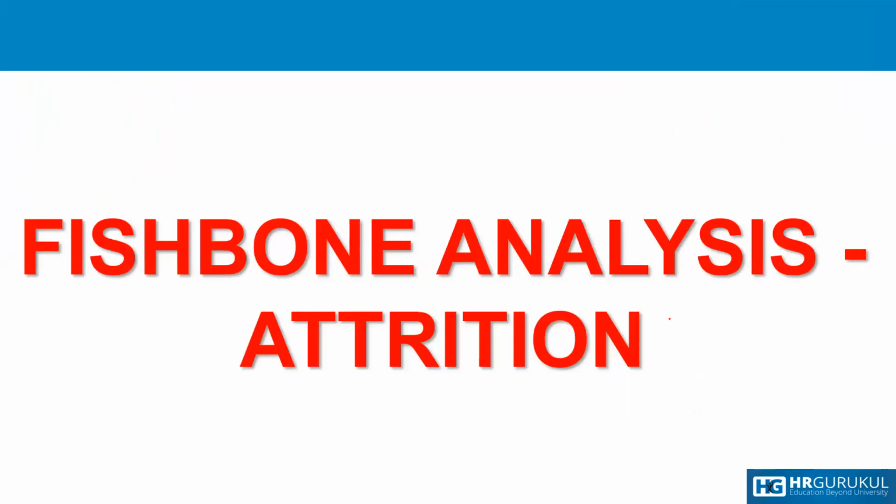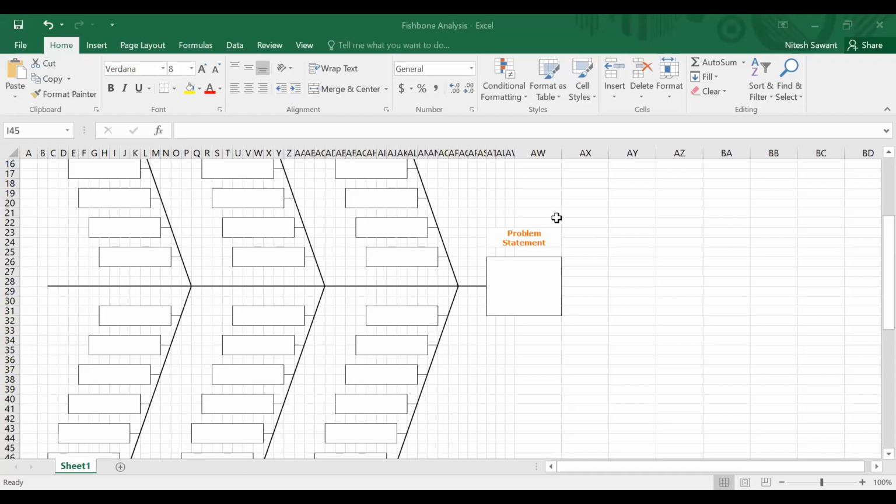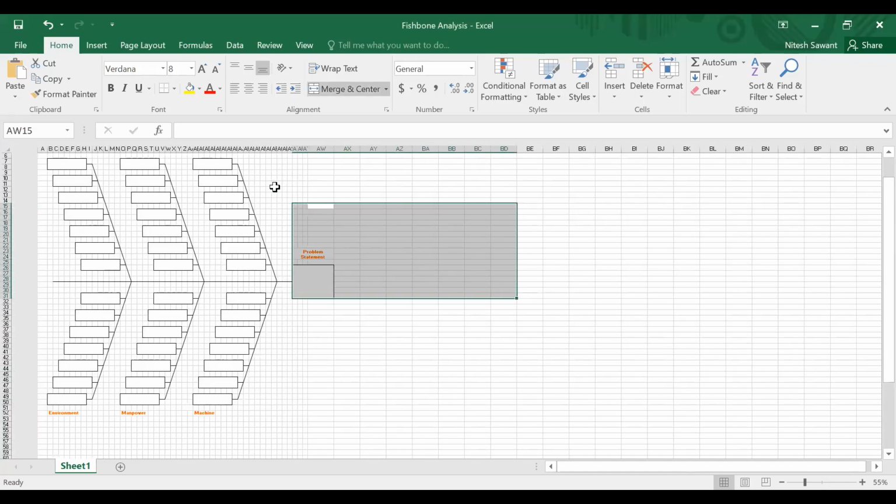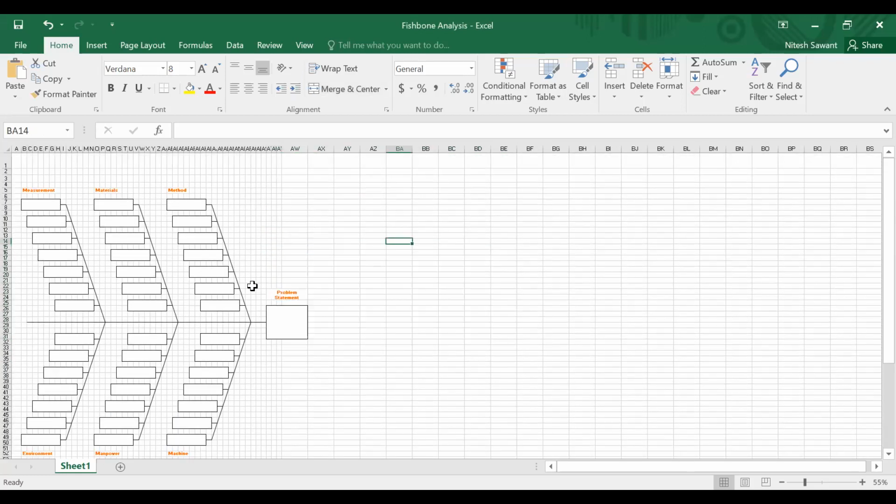So now, are we ready to do fishbone analysis, one of the tools of HR analytics? Should we do it for attrition? It will be a new learning. Yes, sir, let's do it. Wait a minute, I will just share my screen. So my screen is visible, right? Yes, yes. Yeah, so I will just zoom in, but I just wanted to show you the entire diagram, so I have